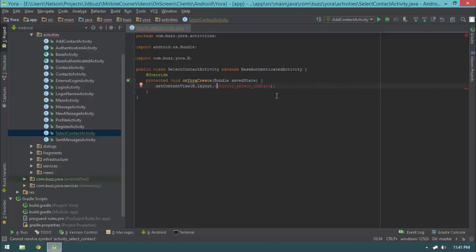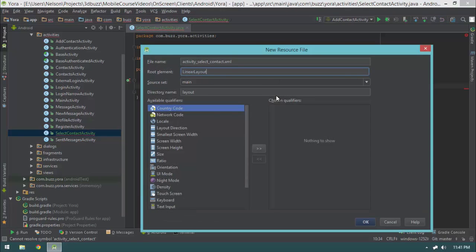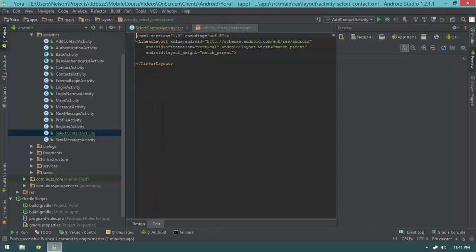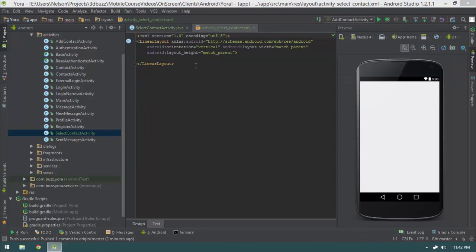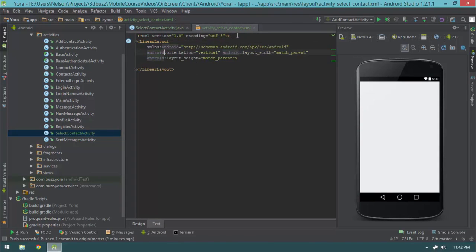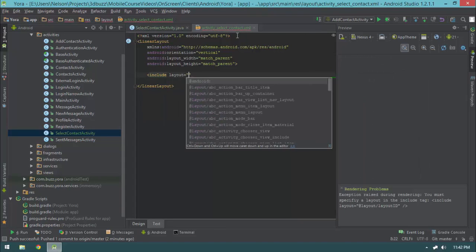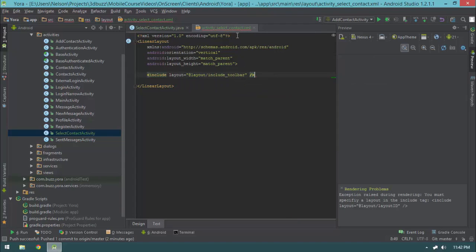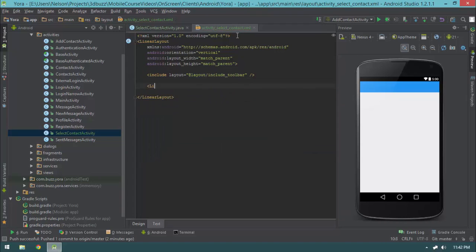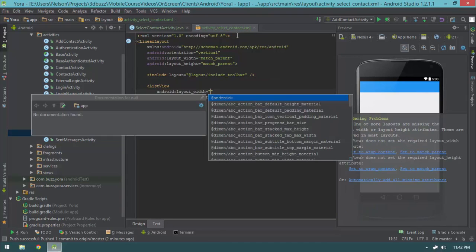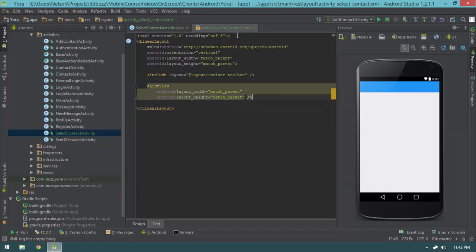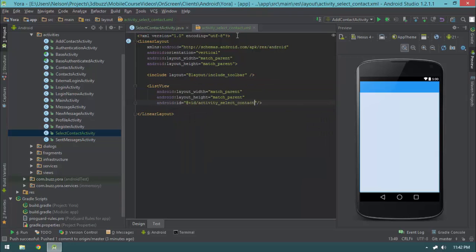And let's go ahead and implement the layout real fast. So I'll hit Alt Enter. And for the layout, I guess a linear layout should be fine. So we'll hit Enter there. And inside of this linear layout, we are basically going to change none of that stuff. We'll include our toolbar, so we'll say layout equals include toolbar. And then we're going to have a list view. Our list view is going to be match parent, and it's going to have an ID of activity_select_contact